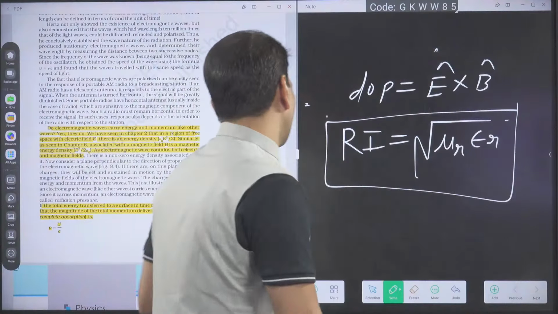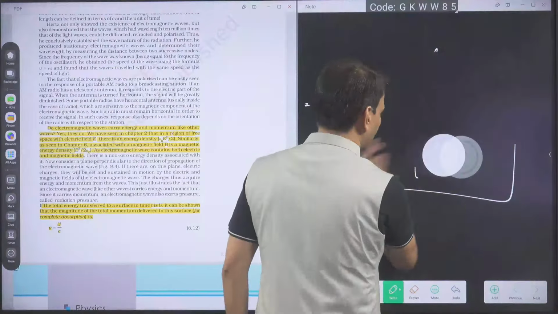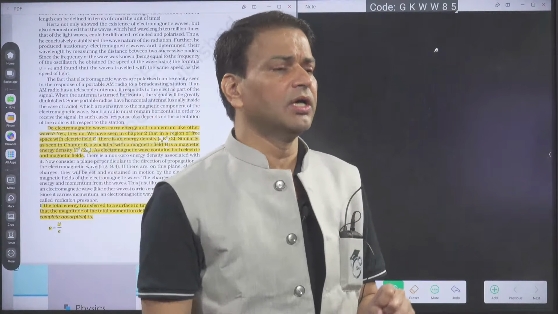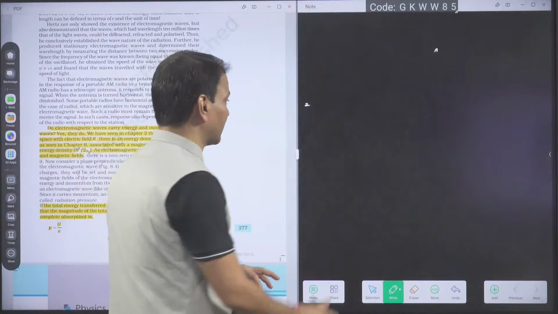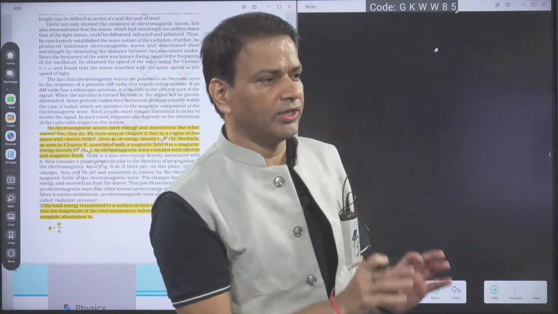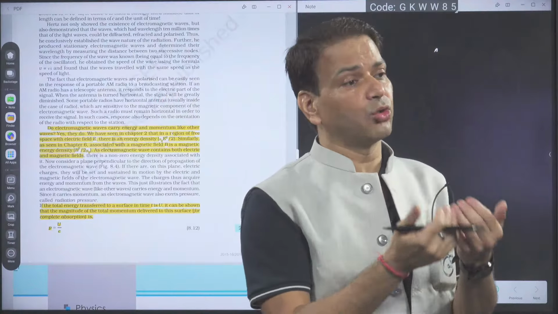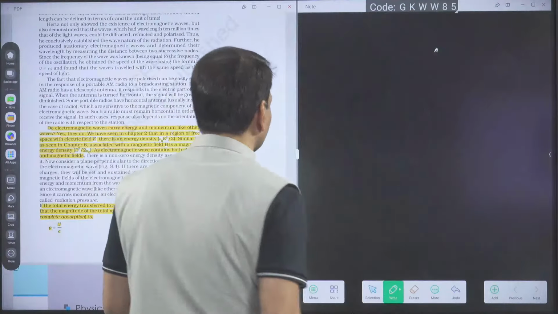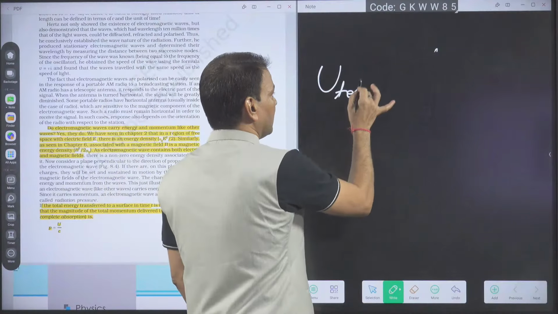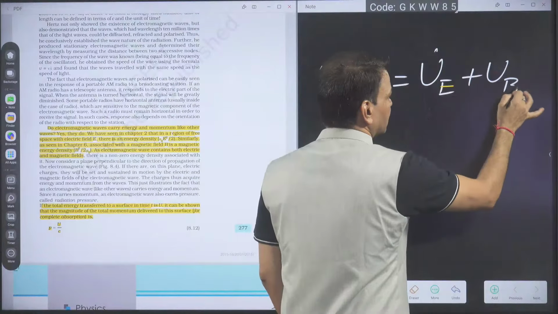One confusion is there, because somebody mixed up the energy density formula and different energy densities. Sometimes we are using half, sometimes we are using a factor of 1/4. So, as I already said, how can we remember? If I know the peak value of the electric field and I want to write the total energy density, then U total is the energy density due to electric field plus the energy density due to magnetic field.